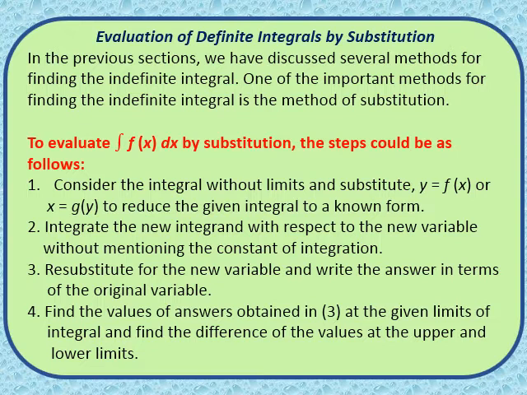Now after getting the answer, we are going to substitute t with the x that we supposed. Clear? Then we will get the answer in terms of x. And since we have the limits in terms of x, we will find the value using the upper and lower limits. We learned F(b) minus F(a) in the previous video. I explained how to use F(b) minus F(a), the second fundamental theorem, to get the value of the given integral. Clear? So pause and note down these points.